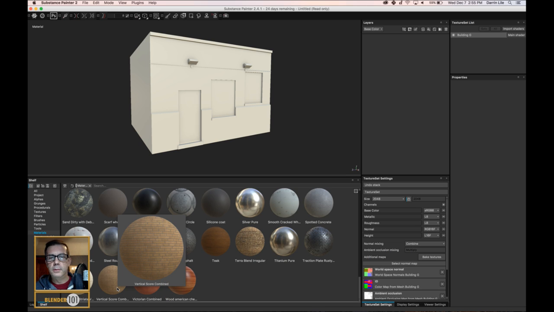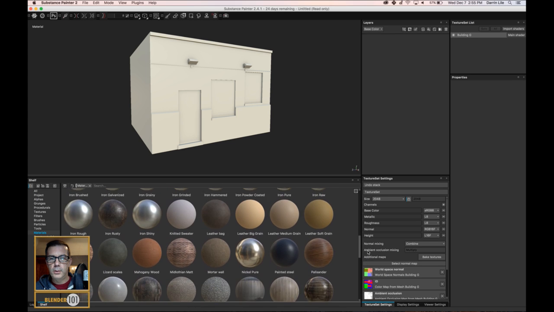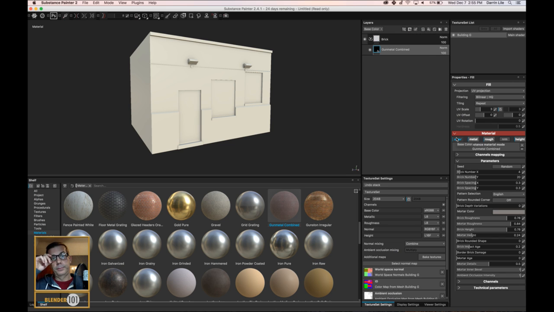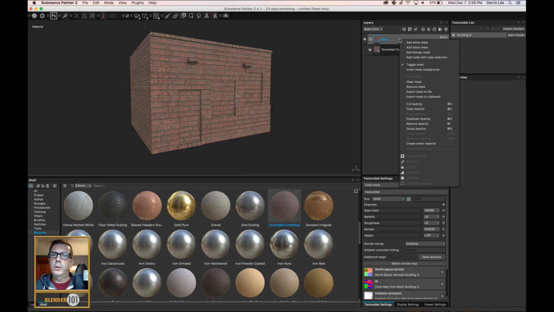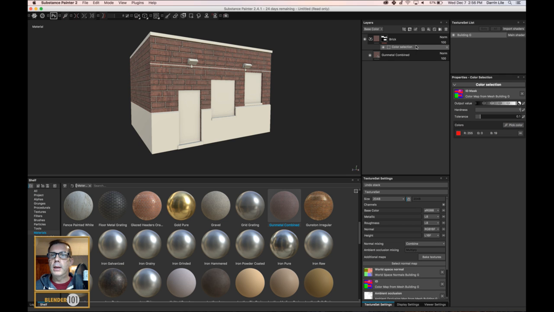There's this. No, I'm going to go back to that gunmetal one. I kind of like that. Where is it? Here we go, right here. Okay, so that's the one I'm going to try. I'm going to create a group. Call it brick. And drag that in there. Now I got to wait. Here it comes. There it is. Okay. So I'm going to isolate this by that vertex color with the red and